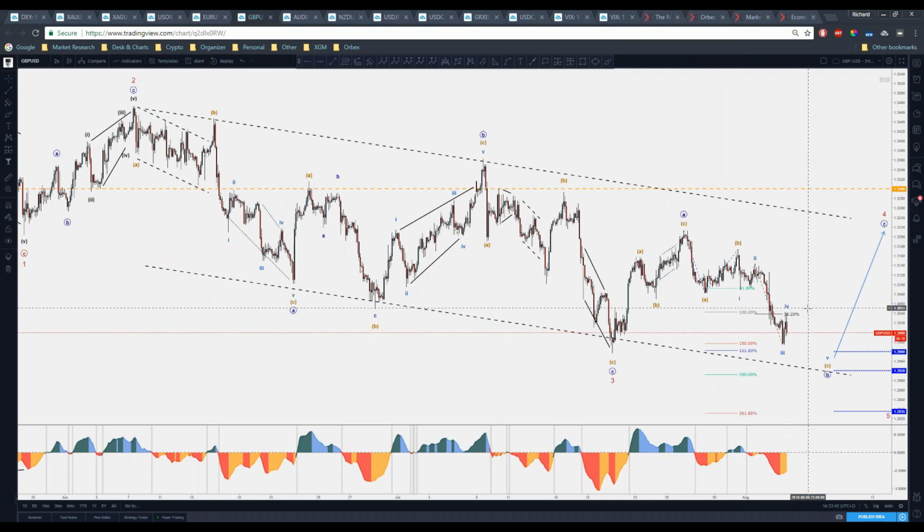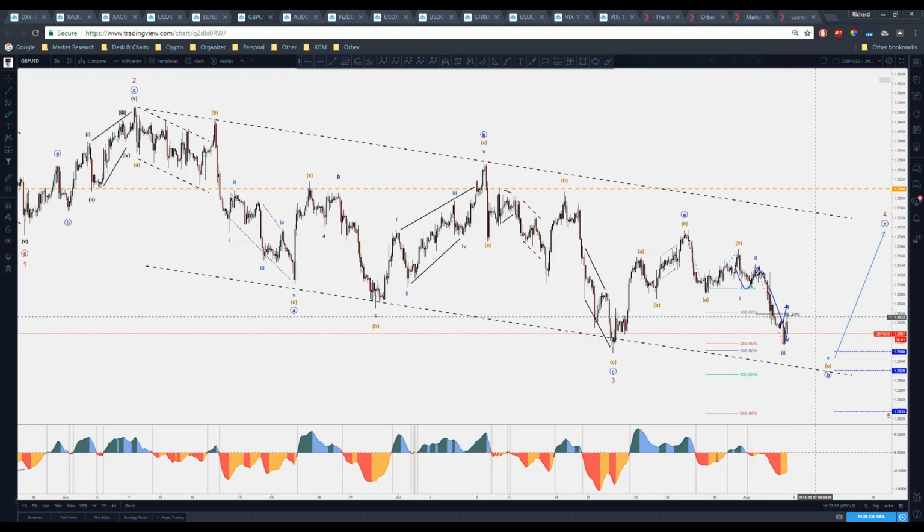Patience is indeed a virtue, and the fibs do carry high importance, right? So to be honest with you, if I'm right, we have 1, 2, and extension in 3, and then this fourth wave to be done. Then of course the next, how do you project it, right? That's the key. I'm going to use the Fibonacci extension tool,